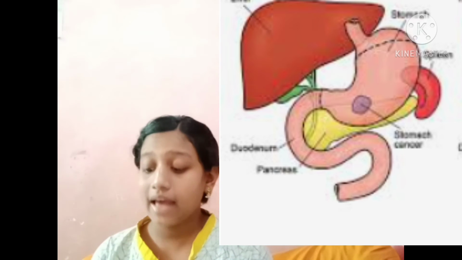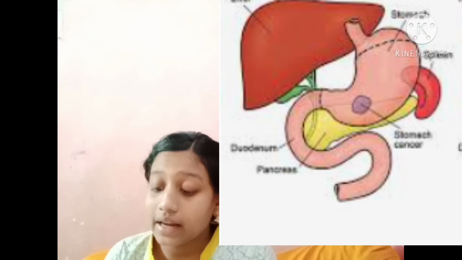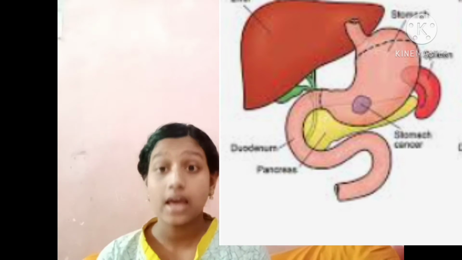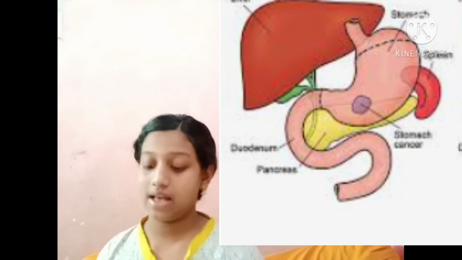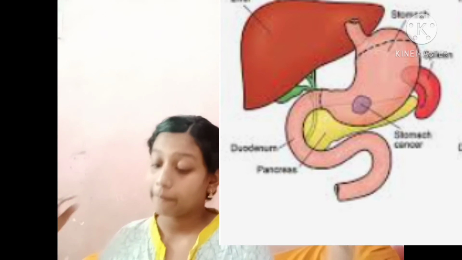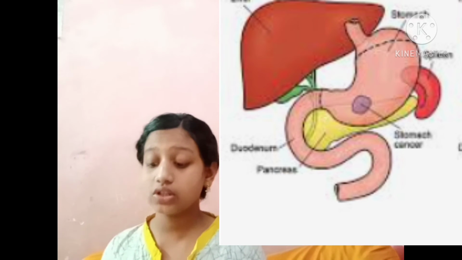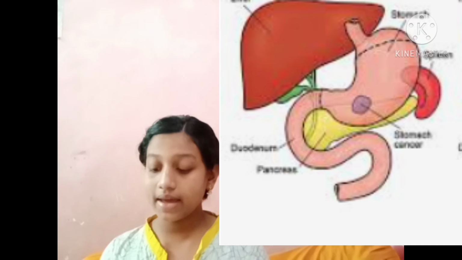The bile juice helps in digesting fats. The pancreas is a cream colored organ present below the stomach. It produces pancreatic juice which helps in digesting the remaining